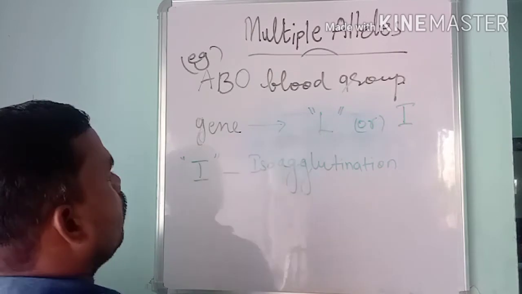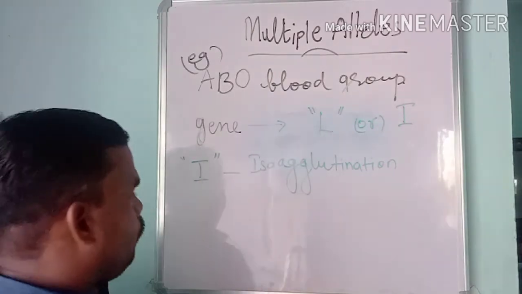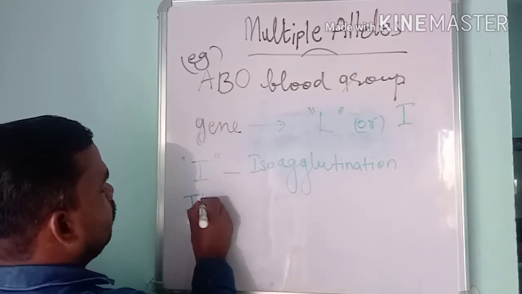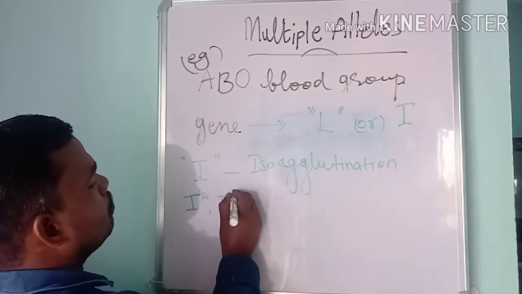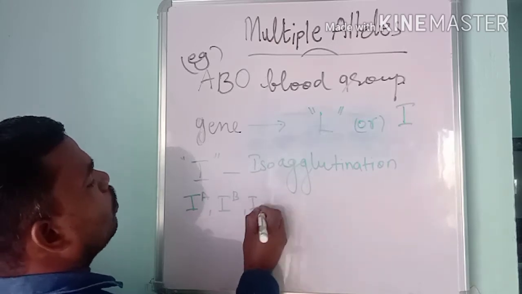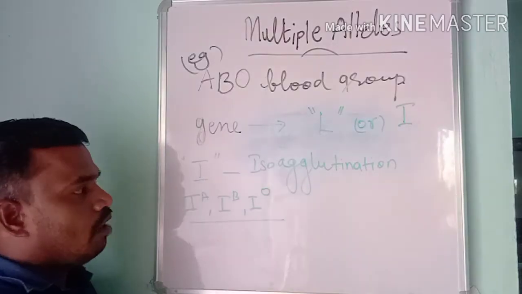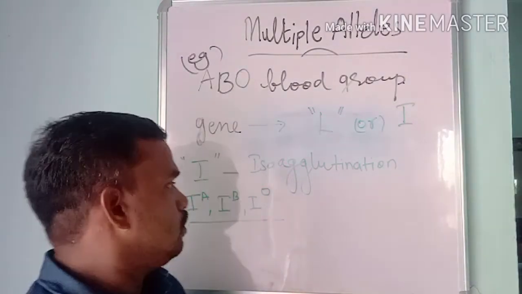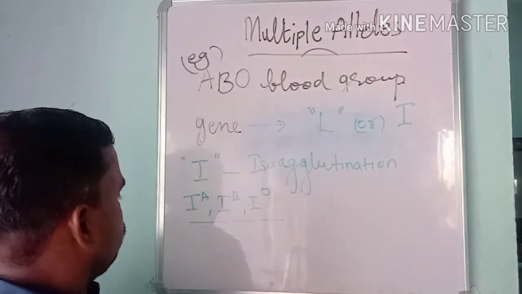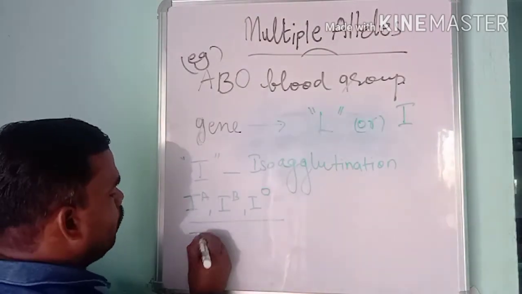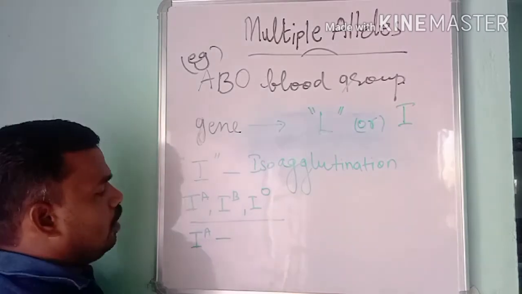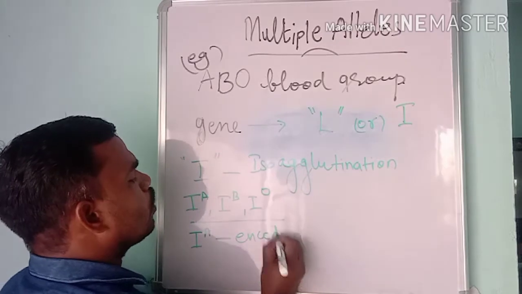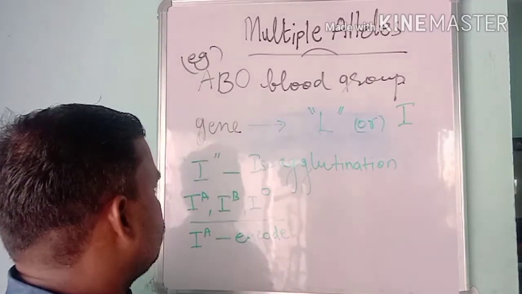This gene L or I has three allelic forms. Okay, they have three types of alleles: allele A, allele B, allele O. These three types of allelic forms are responsible for the blood group control. So what will allele A do? Allele A encodes an enzyme for